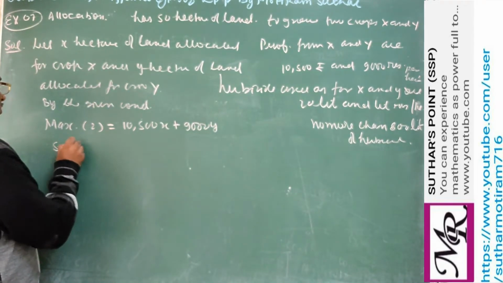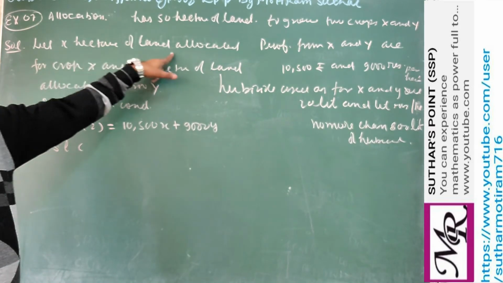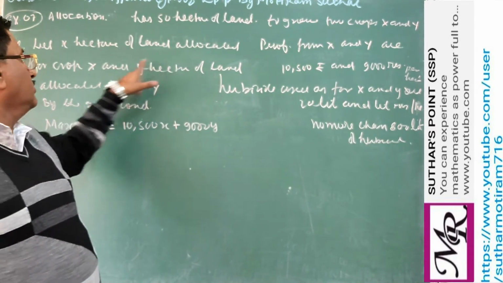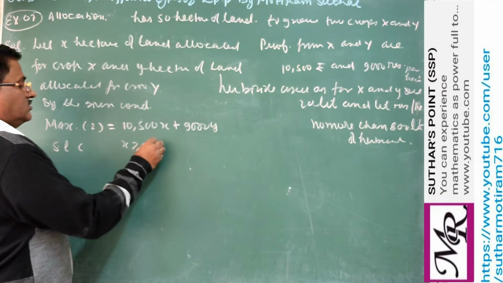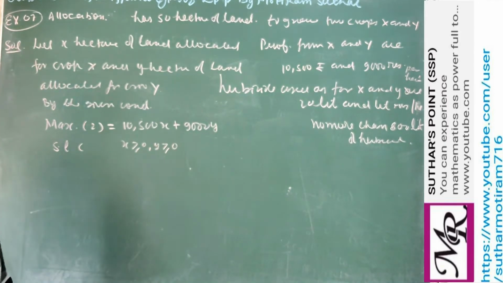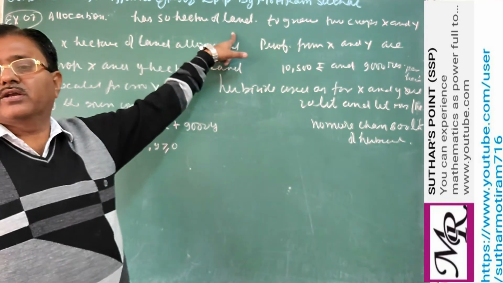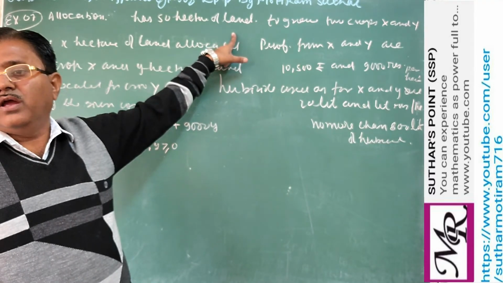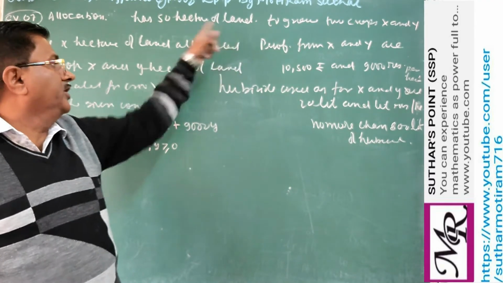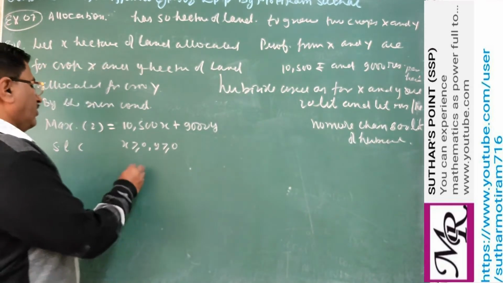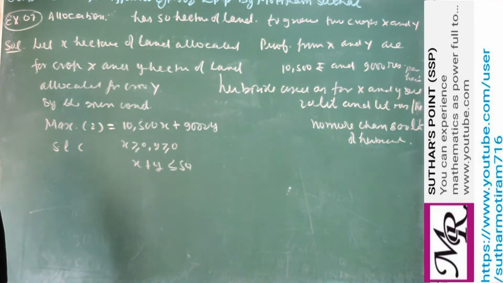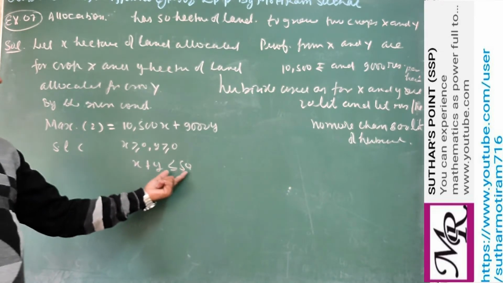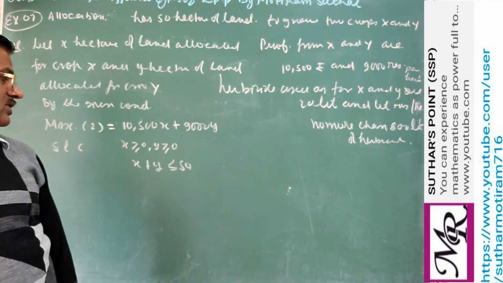Now we have subject to constraints. As X is hectares, it cannot be negative, and Y is also hectares, which cannot be negative. So X greater than or equal to 0, Y greater than or equal to 0. Clear? Now, the total land available for the crops is 50 hectares. It means the total land for both types of crops should be less than or equal to 50. Whole land may be used, or it may be less than 50. So this condition is X plus Y